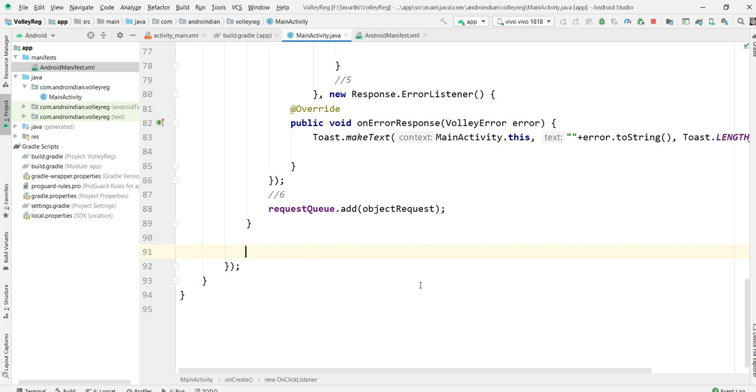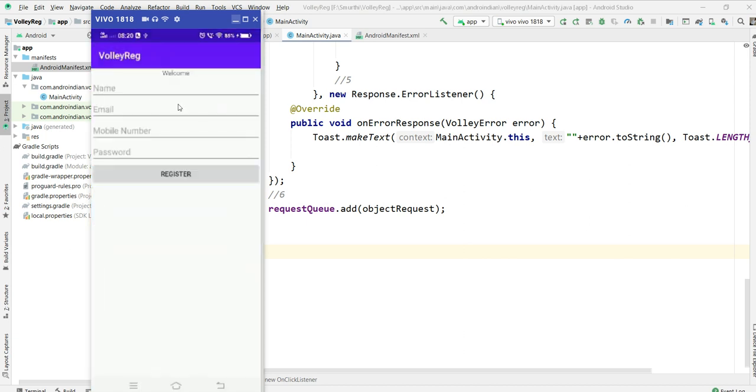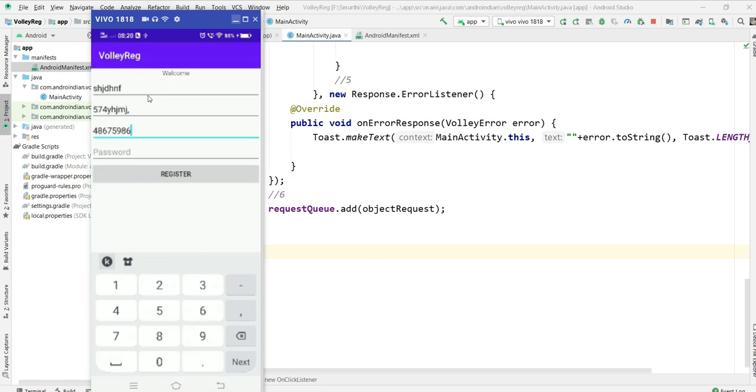Now I'm running this. See, now I'm entering the data, some data, some password.